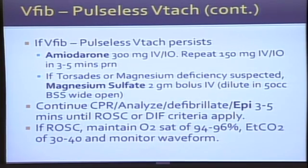If VFib or pulseless VTAC persists, amiodarone is our drug of choice, 300 milligrams IV/IO. You can repeat it if you continue to have pulseless VTAC in 3 to 5 minutes. Pulseless VFib or VTAC. If you suspect